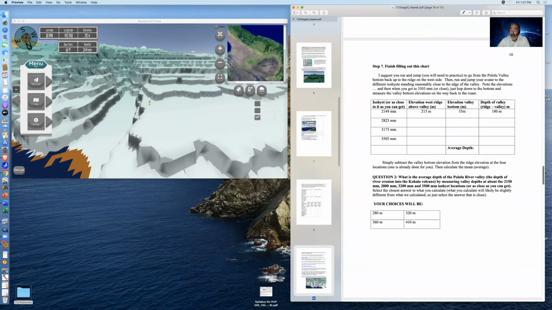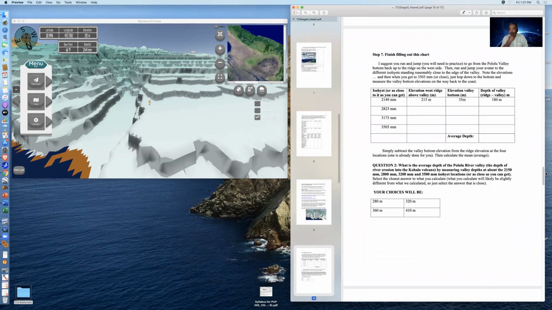So my job, in this question, is to finish filling out a chart by getting used to looking at data and comparing elevation in the map. So the idea here is that I want to go to the Pololu Valley at this location and compare the elevation of where I am up high at 215 meters. And then in the game mode,